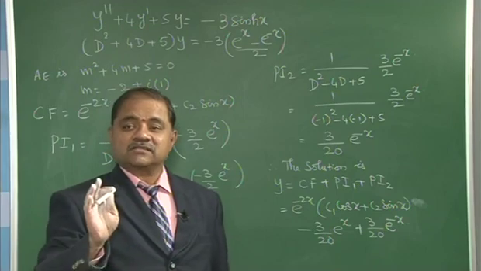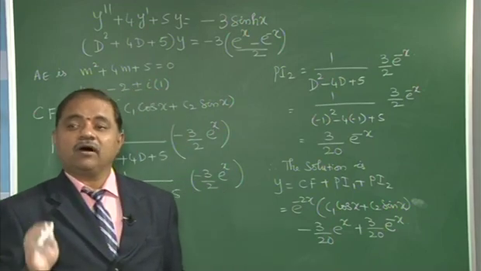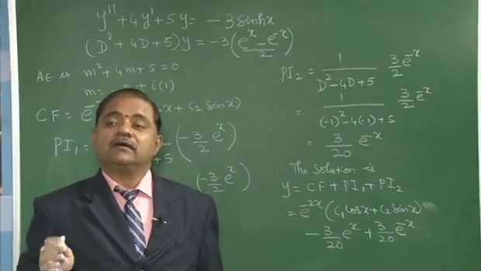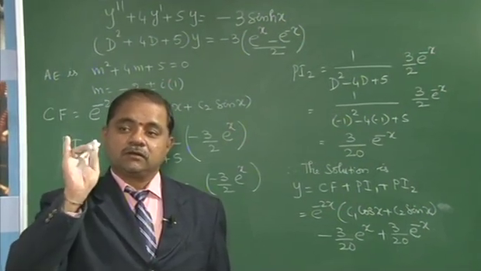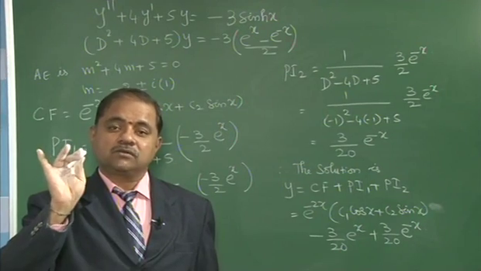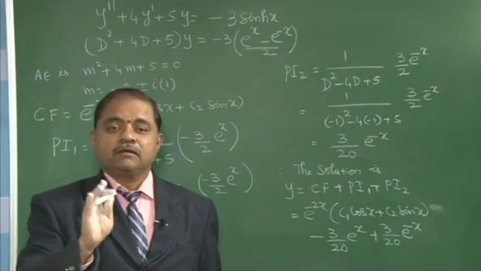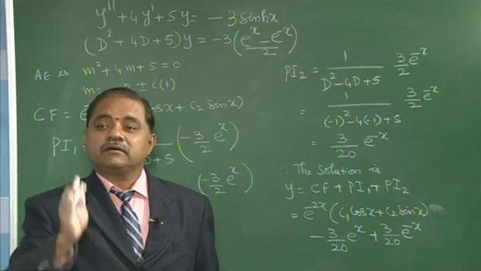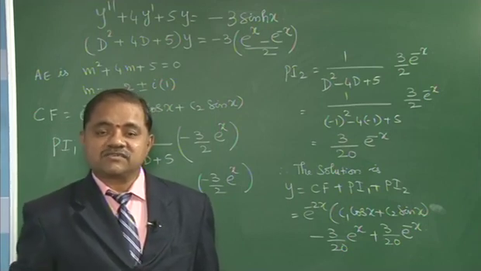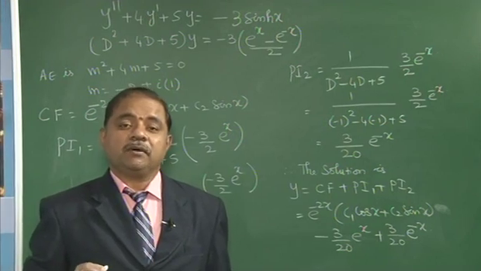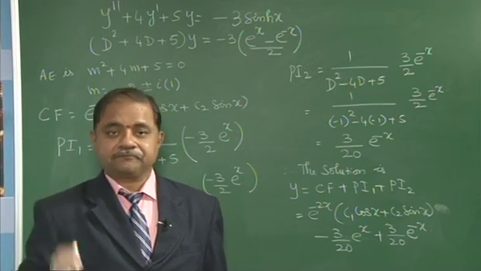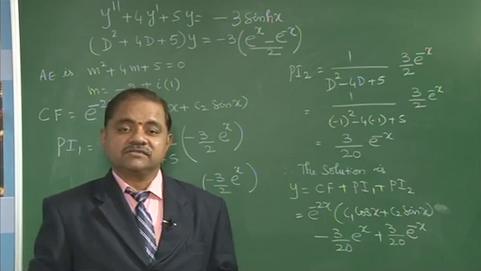What we learnt in this class, just get a review of it. We know how to find the complementary function whether it may be equal roots, unequal roots, or complex roots. Based on the right hand side, differential equations are classified into 5. Type 1 we have seen, which consists of e power ax on the right hand side. In the next class we see the second type.